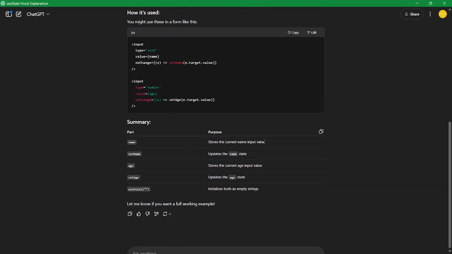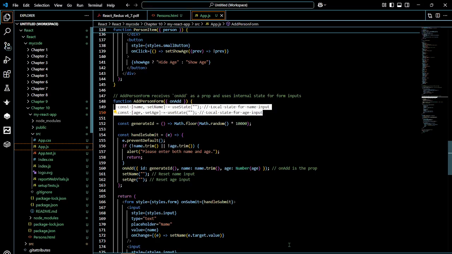So name stores the current name input value, which we can obviously guess. setName updates the name state. age stores the current age input value. setAge updates the age state, and then useState initializes both as empty strings. Cool. So then in our terminal,